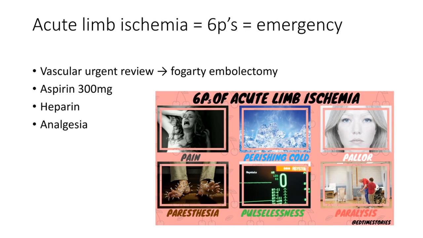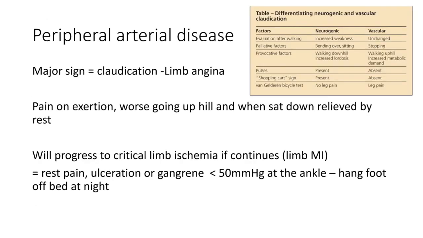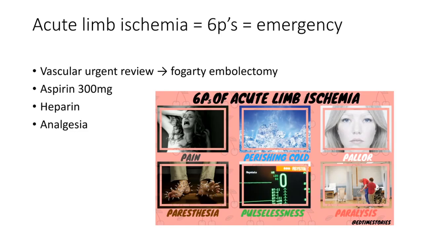Okay, so a word on acute limb ischemia. That is what we spoke about already, and those 6 P's that you learnt come into play here. So pain at rest, severe pain, paresthesia, abnormal sensation, perishingly cold, pulseless, pale, and not able to move it, paralyzed. Any of these suggest that there is an element of limb ischemia, so we need to treat